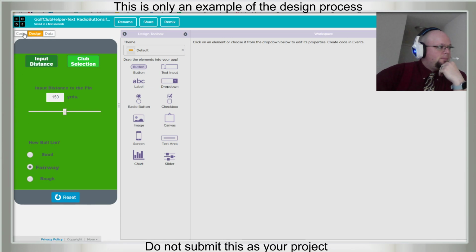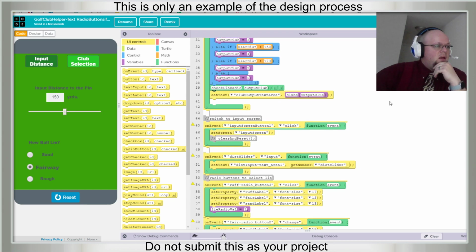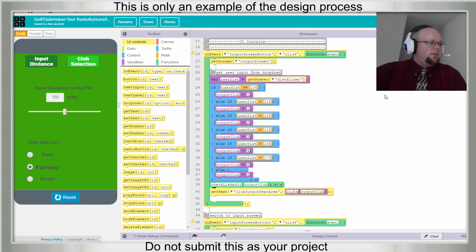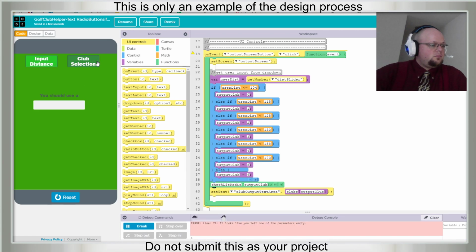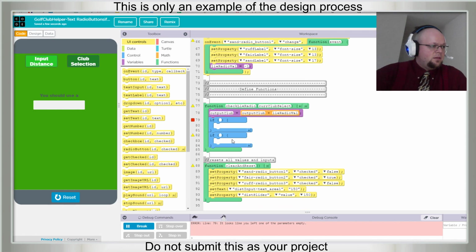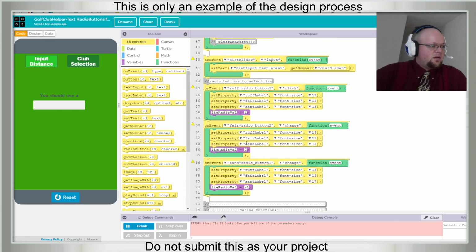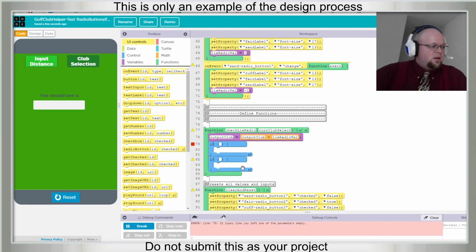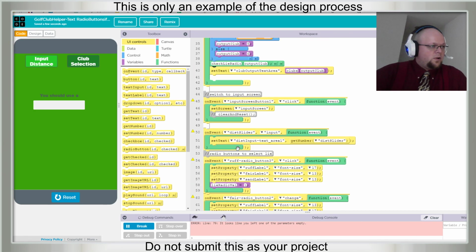So the way we have it set up, the main chunk of the code starts when you select a distance, you select lie, and this is the go button. We still are missing stuff from where we're going to check.